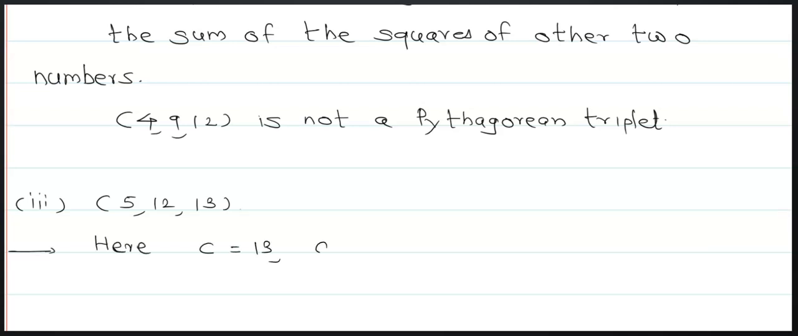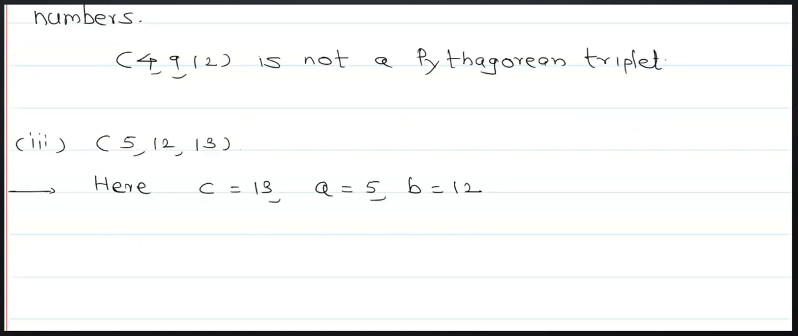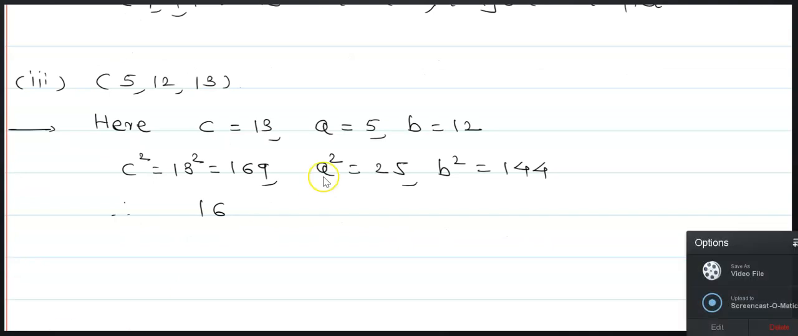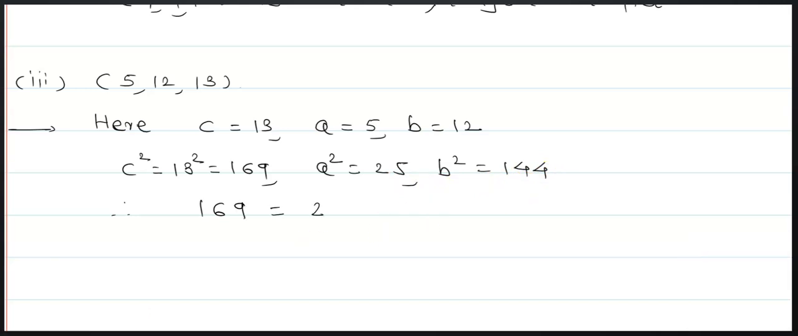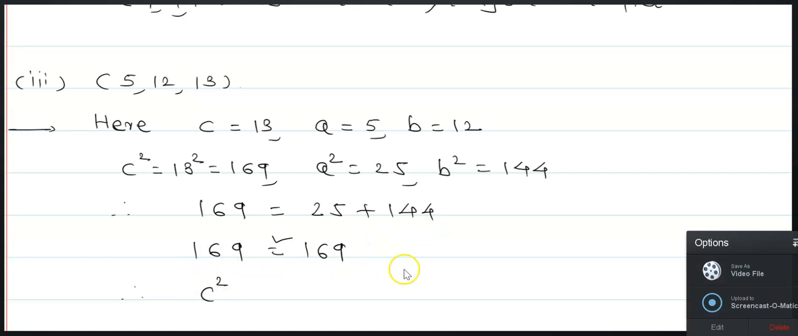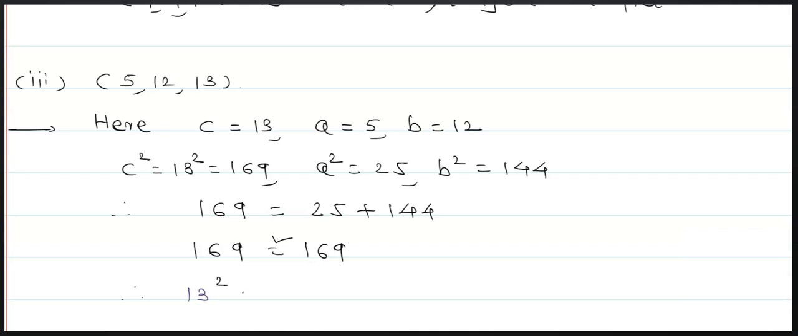Next example, 5, 12, 13. Here C is equal to 13, A is equal to 5, B is equal to 12. The square of C, 13 square, is 169. A square is equal to 25, B square is equal to 144. Therefore 169 is equal to 25 plus 144. Therefore 169 is equal to 169, and hence C square, that is 13 square, is equal to 5 square plus 12 square,